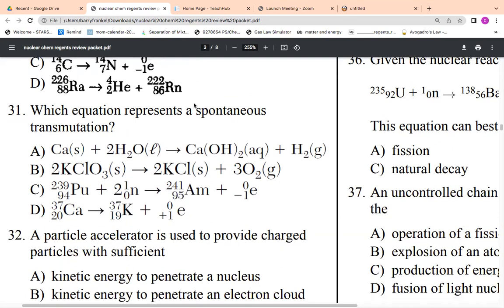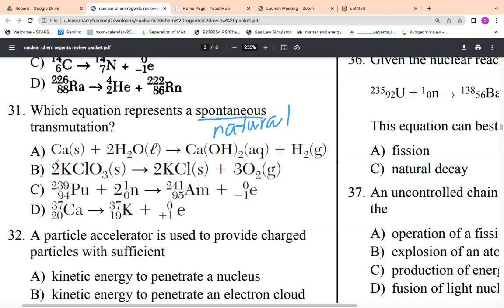Which equation represents a spontaneous transmutation? This is a great question because instead of saying natural or artificial, they say spontaneous. When you see the word spontaneous, this means that something is doing it on its own. It's doing it naturally. It doesn't have to be forced. So what they're really saying is which equation represents a natural